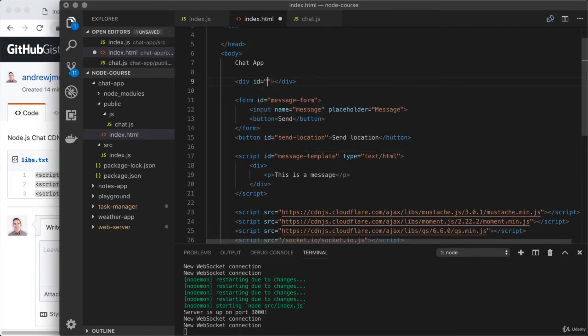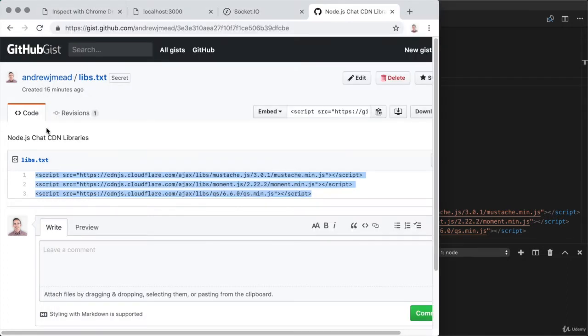I'll give it the ID of messages, and we're done. There's no need to put anything inside of here. We'll be adding things inside of there dynamically as chat.js goes through the process of getting new chat messages. Now, with all of this code in place, we have made 0 changes to how our chat application is going